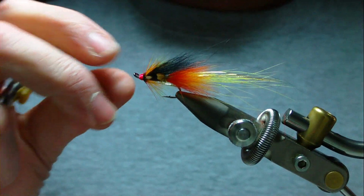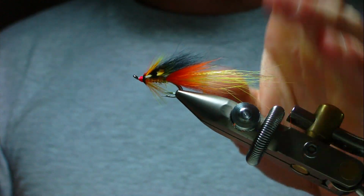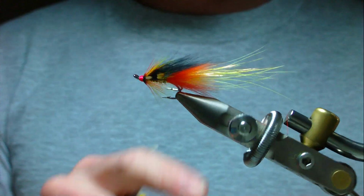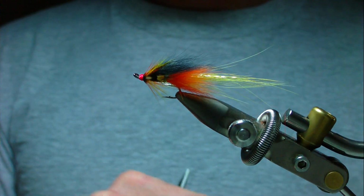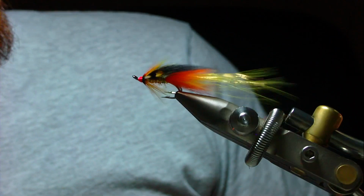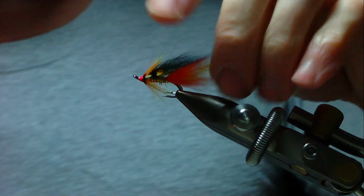All that's left to do is a few coats of varnish. So that's the Parks shrimp, tied with Frankensnilde's shadow pelt and marble fox for the tail. So plenty of movement in the fly. You see it in the water,